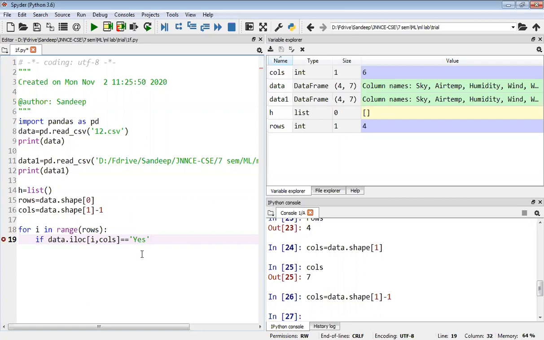Is it clear? See, what this if condition is doing is checking, in the first row, whether the last column value is yes or no. If it is yes, it's a positive example. Then we will initialize our initial hypothesis to that value. To fetch that first value, data.iloc[0, 6]. That is the last column value. Okay, if that is true,